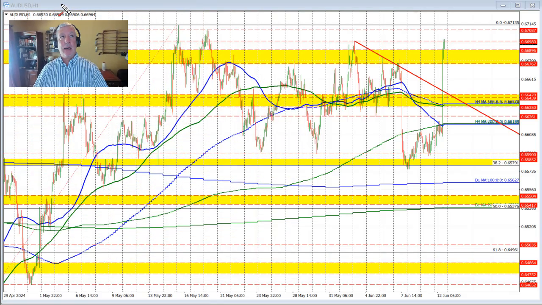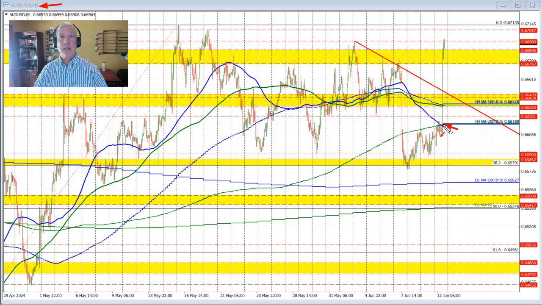I'm taking a look at the Aussie versus US dollar. Today's date is June 12th, 2024. Let's get started. Looking at the hourly chart of this currency pair, the CPI data took the price sharply to the upside. The market was staying or trying to stay below the 100